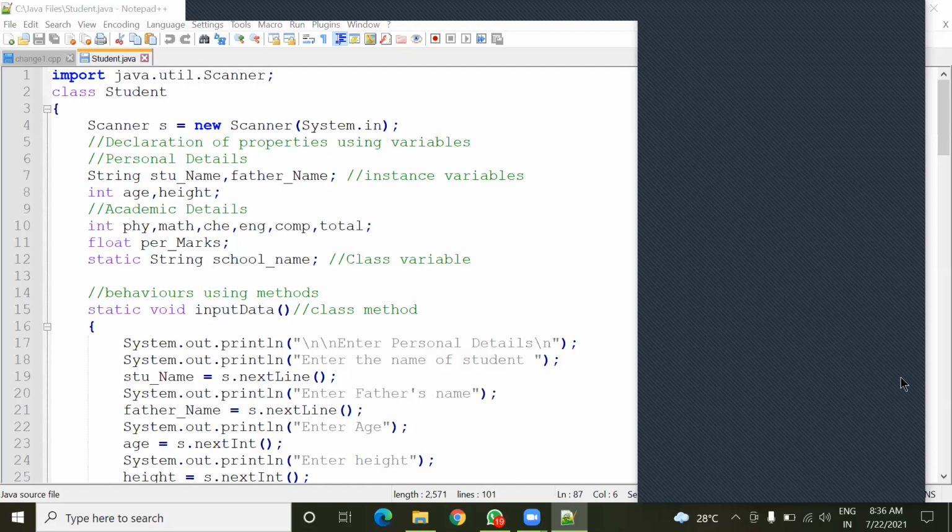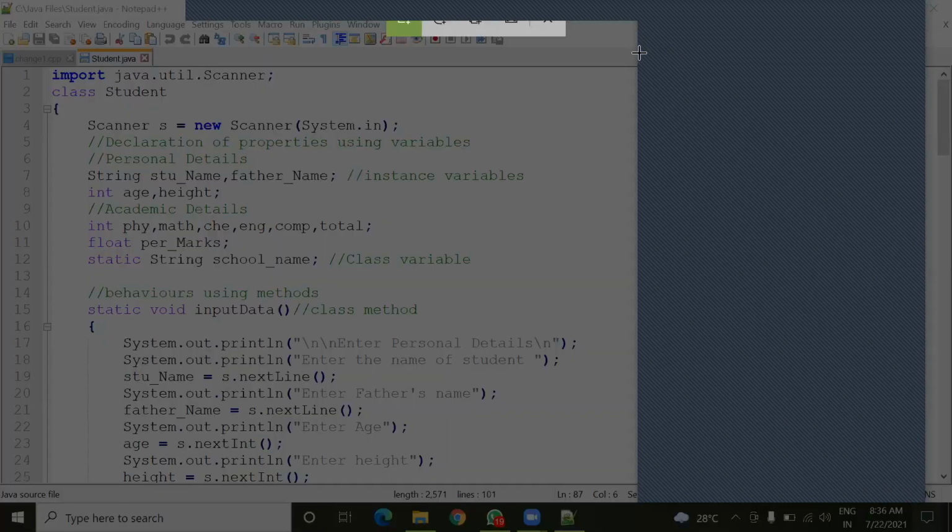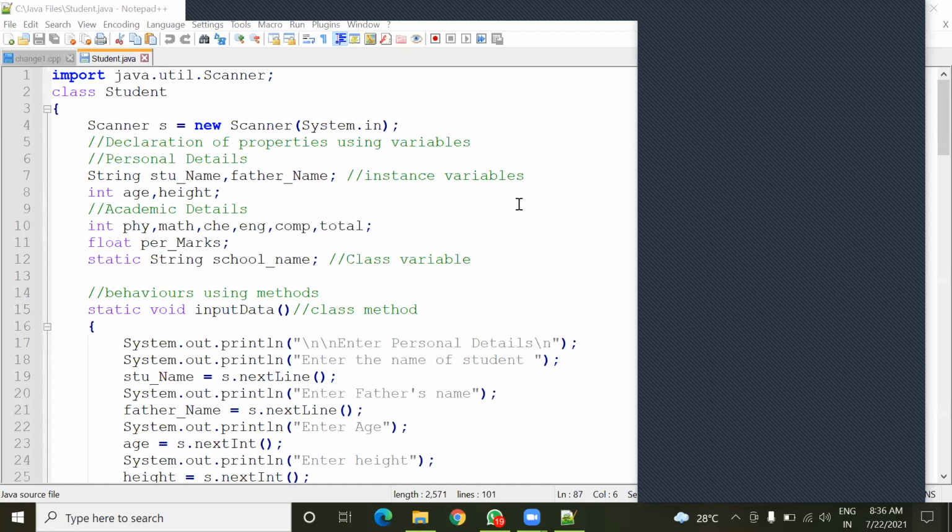So with the help of objects we can access these properties and store different types of values here. Again I am saying that you don't have to worry about the instructions I have written in this program. First learn and understand this concept, what is object oriented programming.